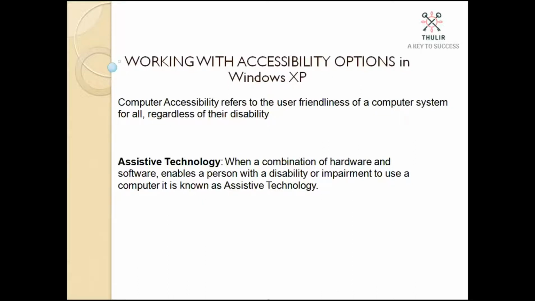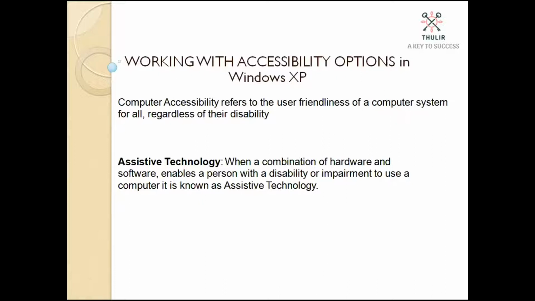Okay, for a common man, it is always easy to use a keyboard and the mouse to operate the computer. What if a person with a disability is using the system? And here comes the accessibility option, which has various features which will be helpful for the people who have disabilities. And let's see what are all the options.